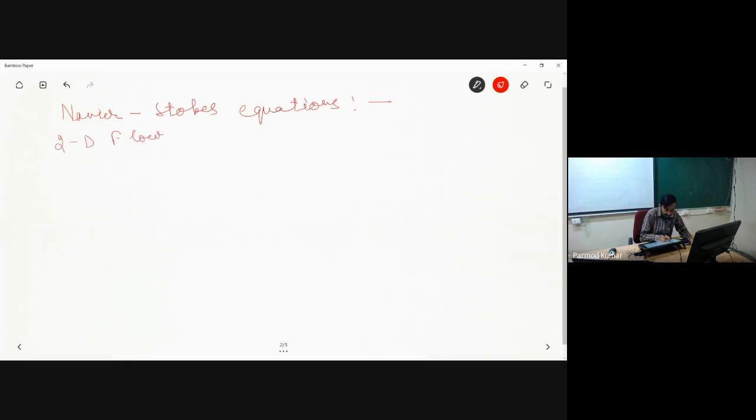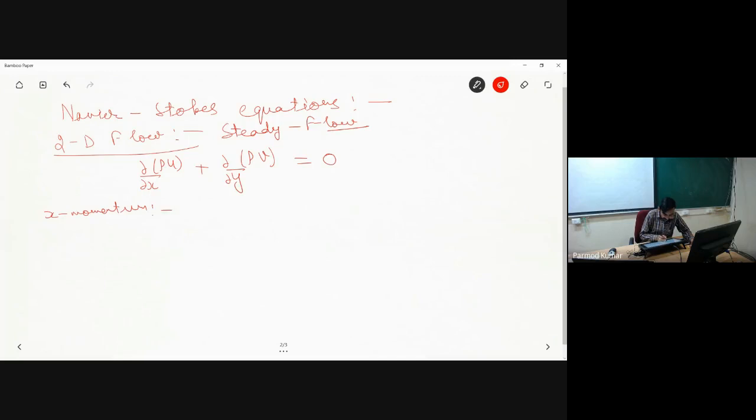So if we talk about two-dimensional flow, we will be having one continuity equation, and the generic continuity equation will be something like this: del by del x of rho u plus del by del y of rho v equal to 0. What will be the corresponding momentum equation along with 2D? Let us consider that we are having steady flow situation also. So 2D as well as steady flow are the assumptions which we are considering. So what will be my x momentum equation? Can you tell me?